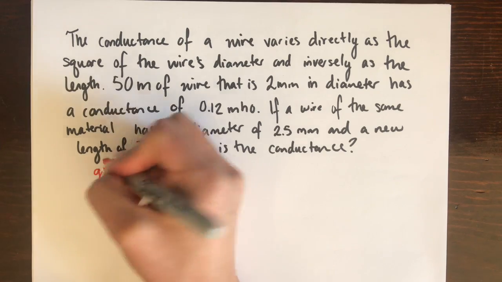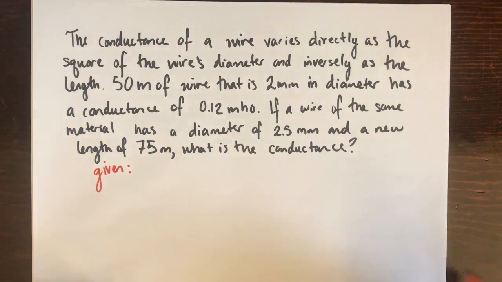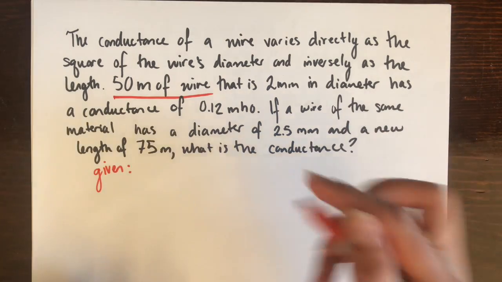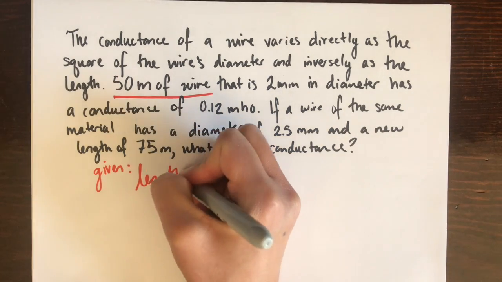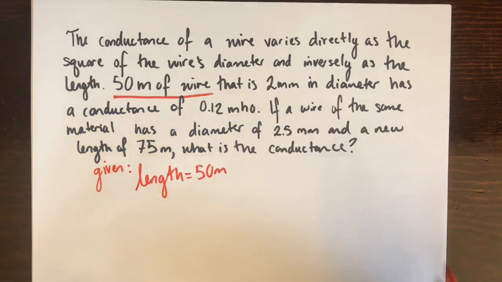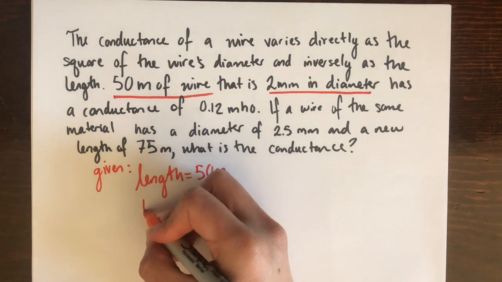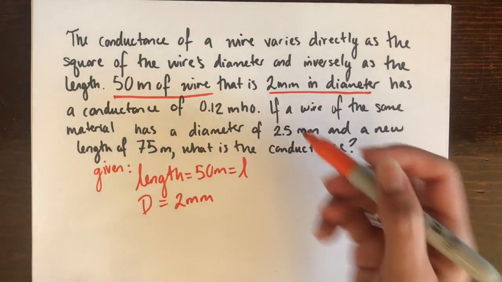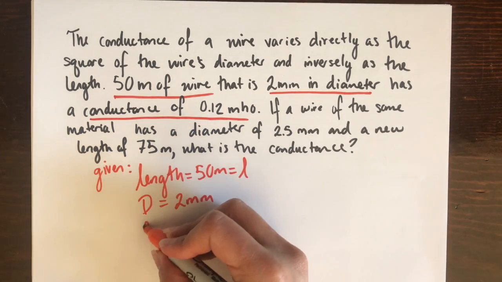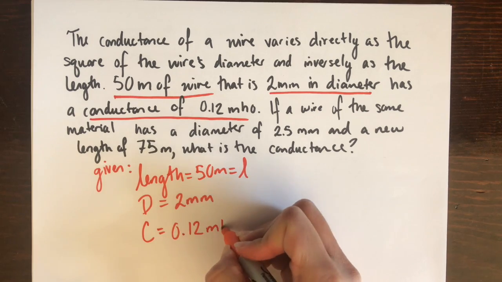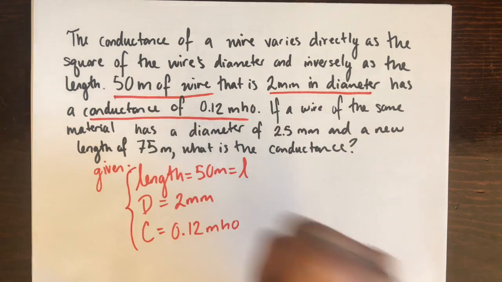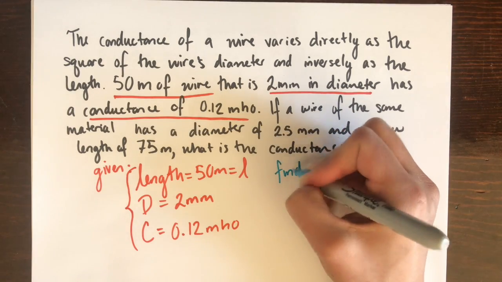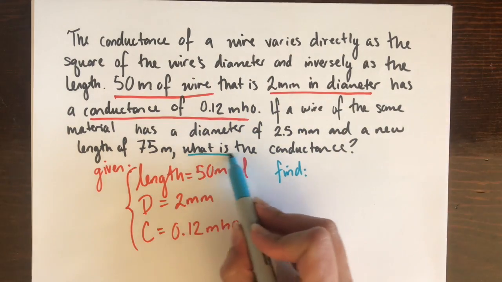Conductance of a wire varies directly as the square of the wire's diameter, inversely as the length. Okay, a picture is not super relevant, so let's go ahead and write out our givens. So first of all, the length, right? It's 50 meters of wire, which is a length. The diameter, they tell us, is 2 millimeters, okay? And I'm going to call my length just L, okay, for short, and I'm going to use D for short for the diameter. And the conductance, which I'm going to use C, is 0.12 MHO, which is the backwards ohm, and that's how